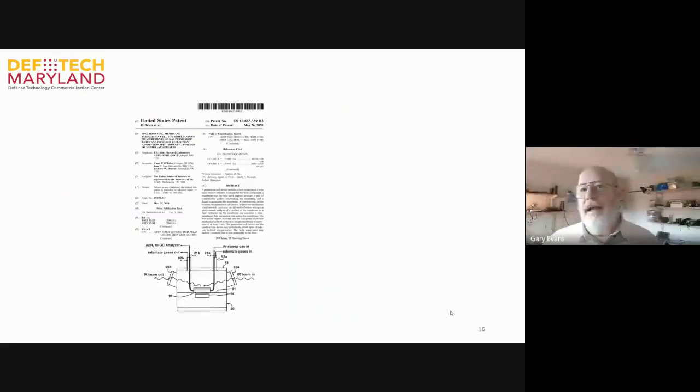So next slide. This is the second patent. We are not going to dig into this in detail. I want to highlight two things about it though. Firstly, I haven't done it, but if you were to do the same highlighting, you would find that the front page of this patent is identical in structure to the other one, because that's defined in law. In this case, different diagram. What this is for